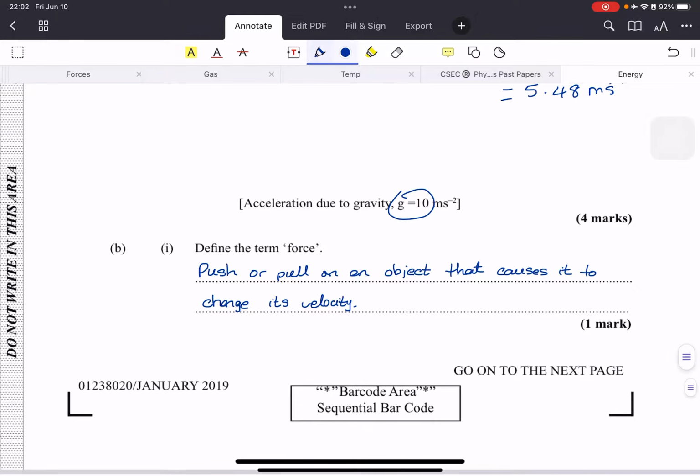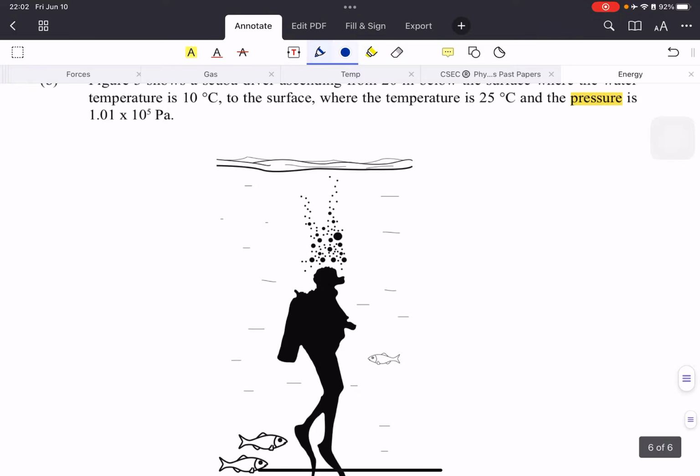This was just a by-the-way force question, which is to define the term force in case you forget. It's a push or a pull on a body that causes it to change its velocity or its direction. Okay, so the last thing is the hydrostatics, which I said is just one formula you need to know,